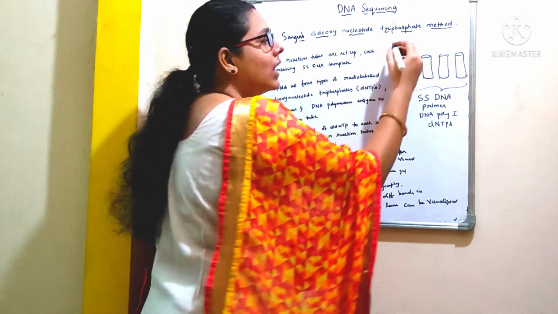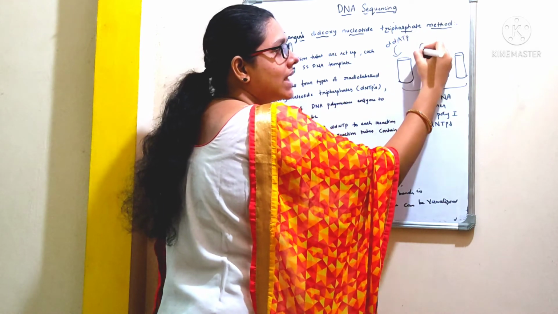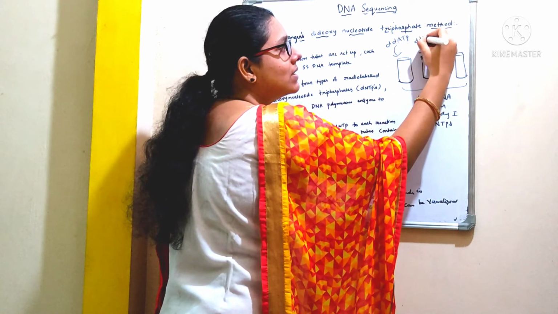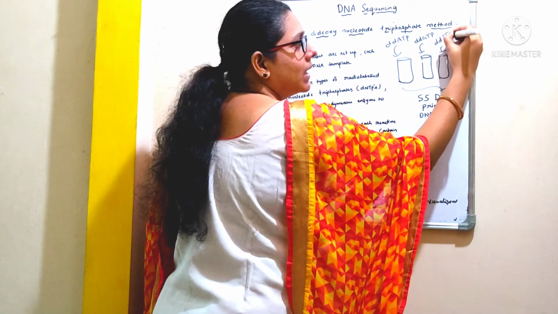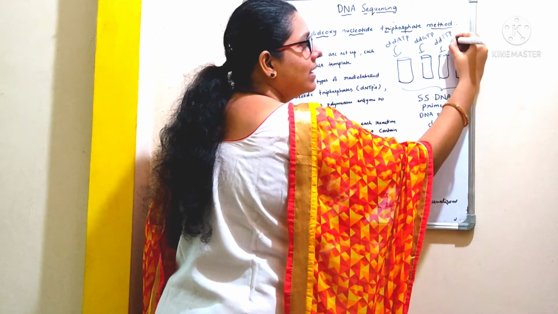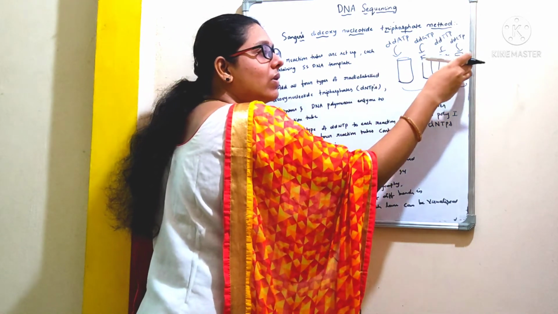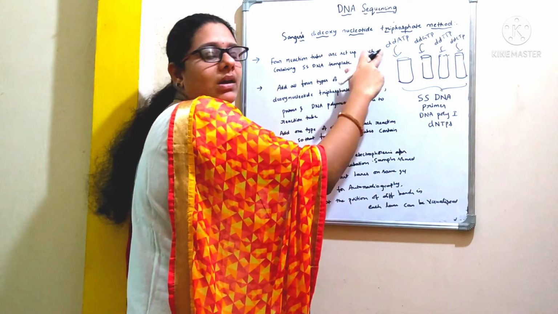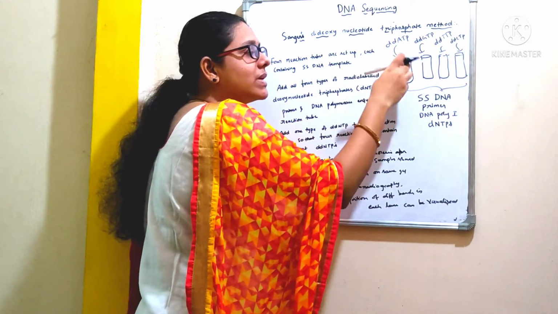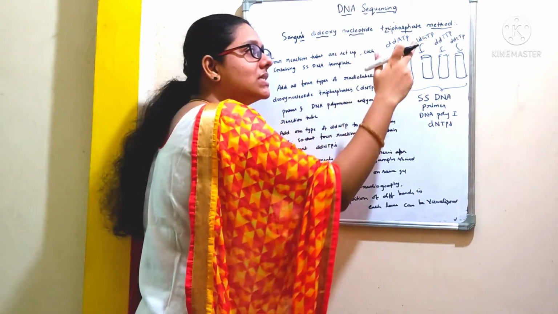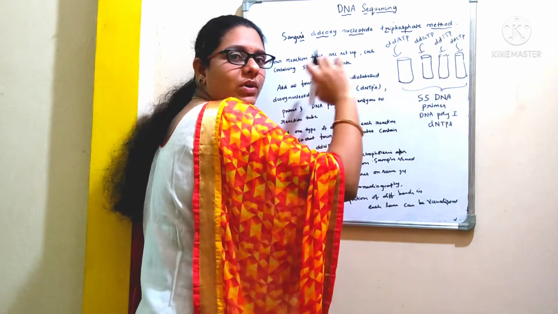So now in the first test tube we are going to add ddATP. In the second test tube we are going to add ddGTP. And in the third one we are going to add ddTTP. And in the last one we are going to add ddCTP. In this way, in each test tube we are going to add a particular ddNTP. So now all the 4 test tubes will have a different ddNTP. Here especially we have added ddATP, whereas in the other ones we have added ddGTP, ddTTP and ddCTP. So each is added with a particular